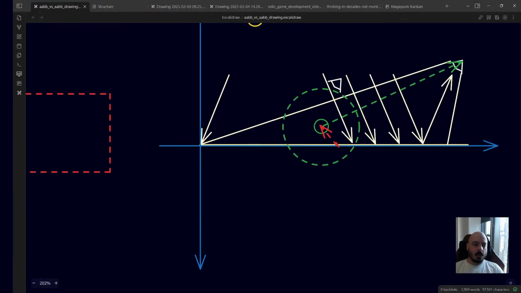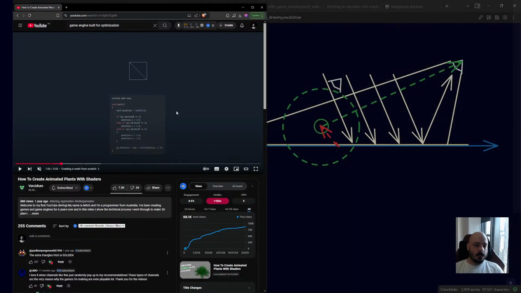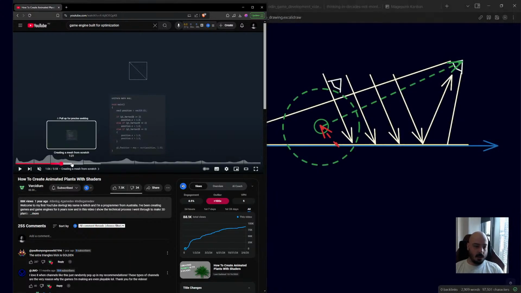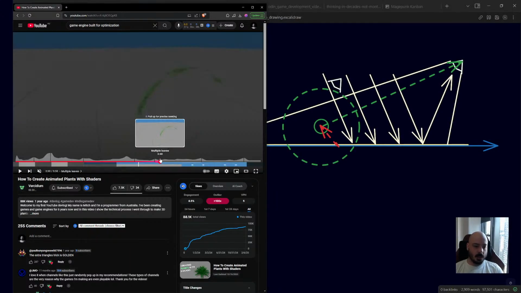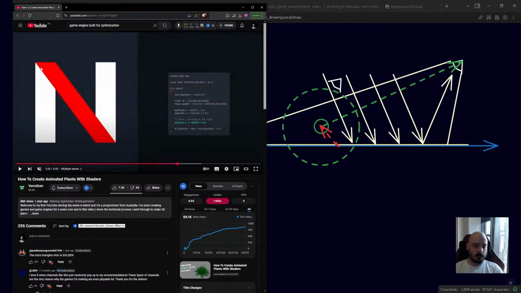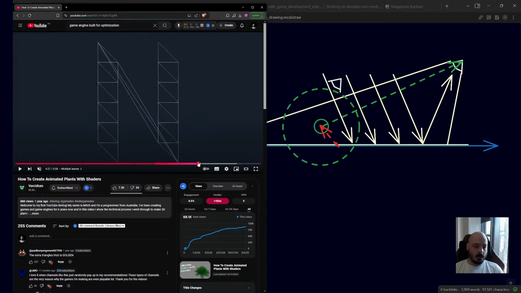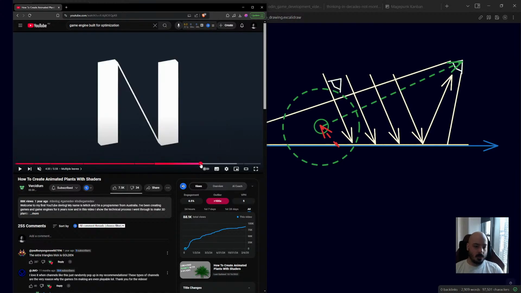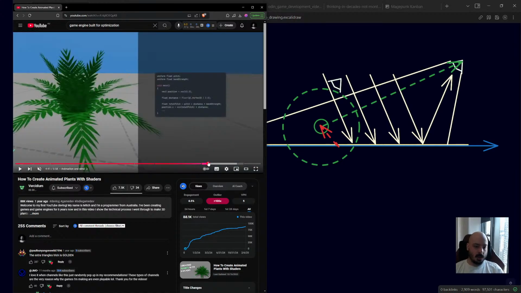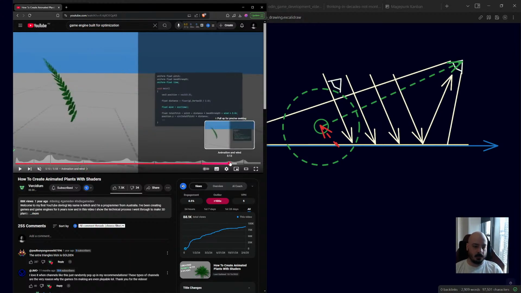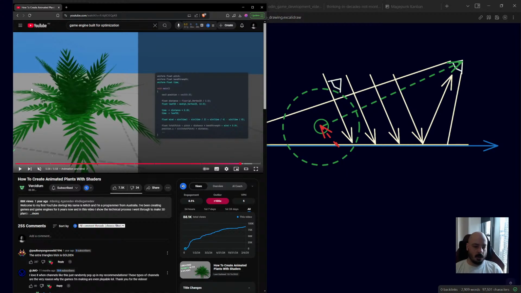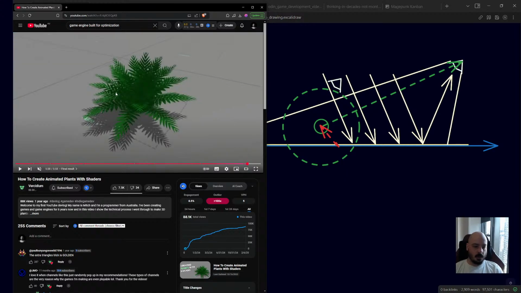So if I was going to follow, not this example. So basically he makes a shader that draws ferns, right? And he does this cool thing where he uses the triangle strip and then he makes this strip part invisible so that he has multiple strips of triangles next to each other, and then he can rotate them around and make this fern, which looks really cool. We're not doing this though. And so